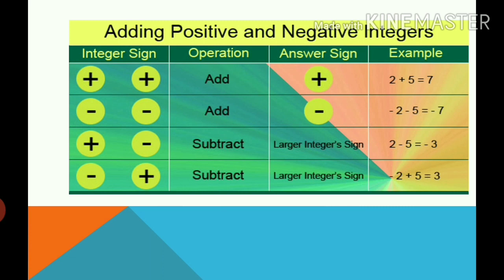7. Remember that you have to write the sign of the bigger number. So the bigger number is 5 and with 5 it's a plus sign. So there is no need to write the plus sign with the number. A number without any sign means that it is a positive number. That number has a positive sign.